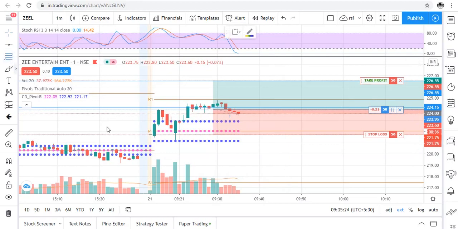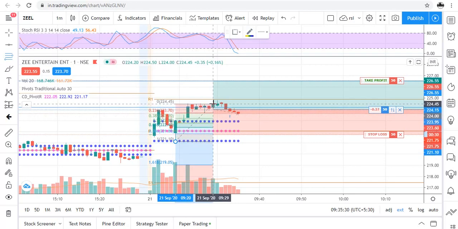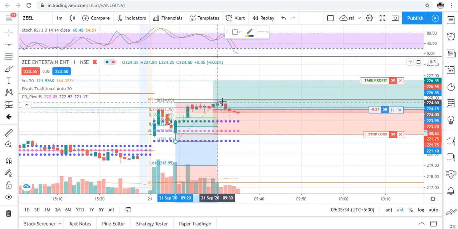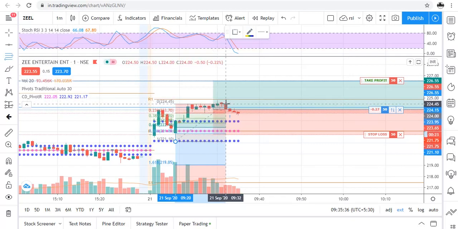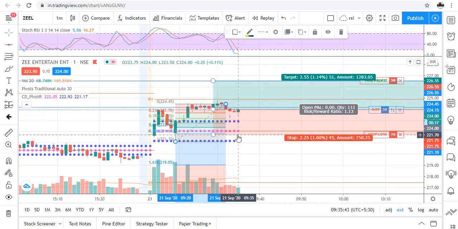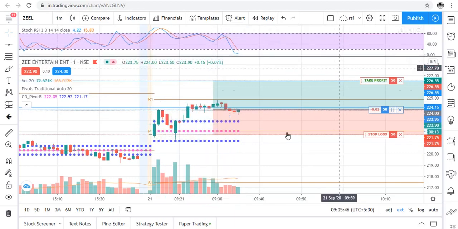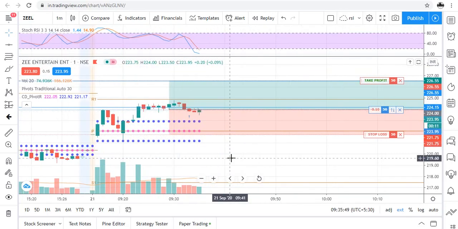Okay traders, and how I decided the stop loss. For deciding the stop loss, what I did is I plotted the Fibonacci tool on the price from lowest price to highest. At that time it was this. So below the 78 retracement, this is our stop loss. Okay traders, so this is the complete trading setup for today,